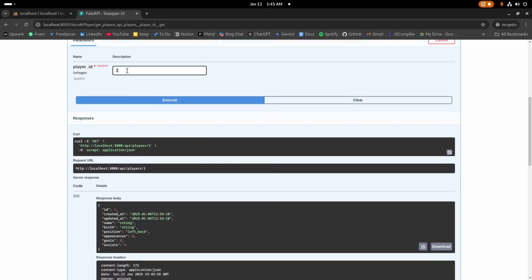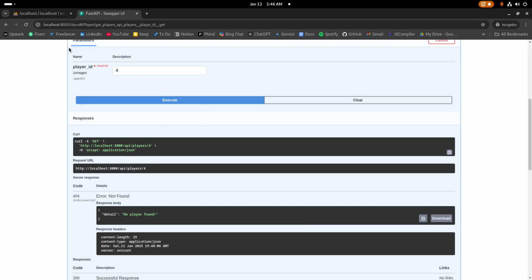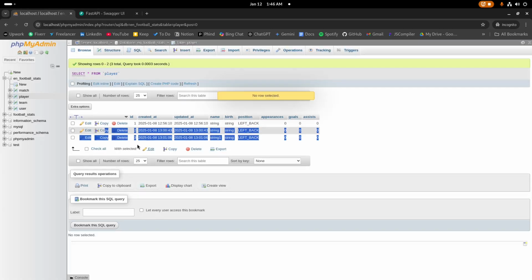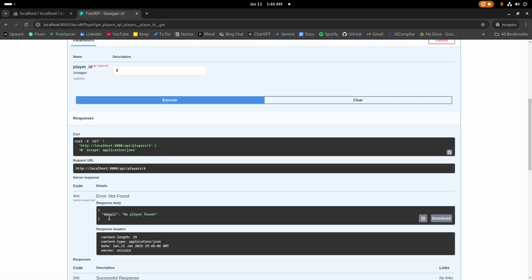This is id one. Let's try id 2. We are getting the player successfully. Let's try id 3, actually 4. We don't have this player. You see in the database we don't have any player with id of 4, therefore we are getting no player found. Okay, let's try id 41. Whatever we provide, if we don't have the player in the database, we are going to get this no player found. Okay,